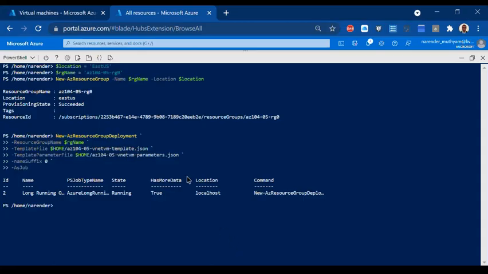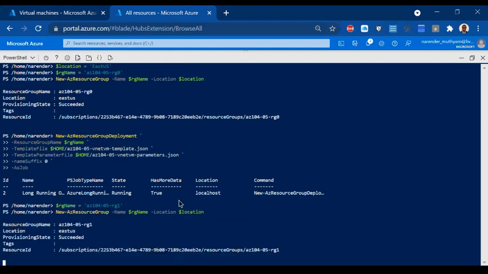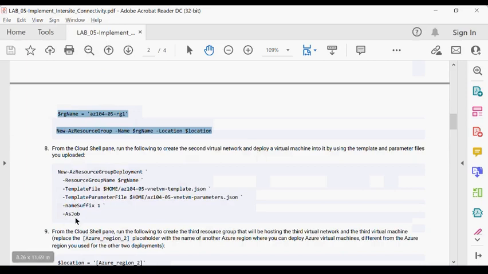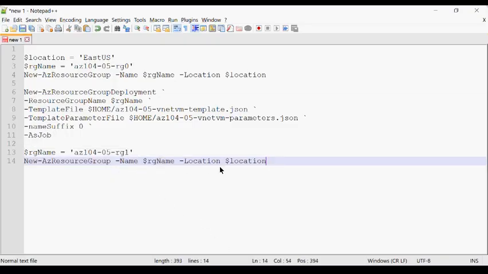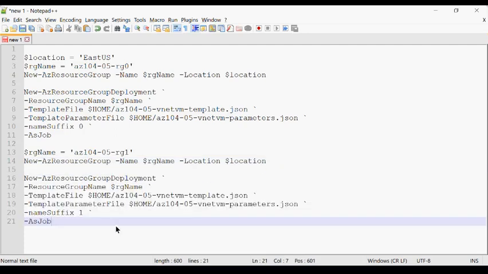So I'll go back to the Cloud Shell here and paste it, create, and the new second resource group has been created. Then in that resource group, I'm going to create my second VNet and again a second VM in that. I will use the same thing here. So here it's going to create me a new VM in the second VNet.